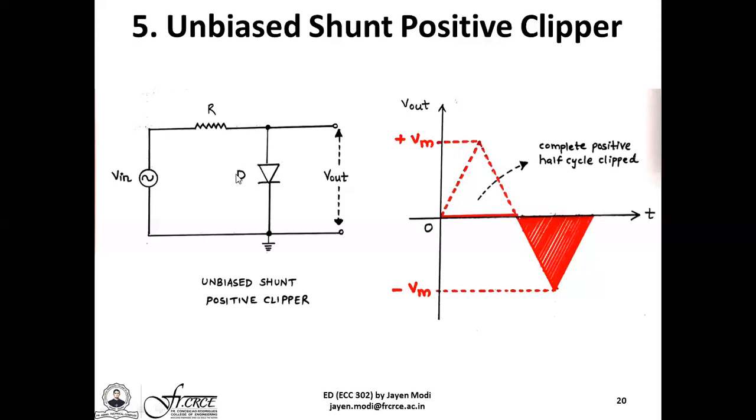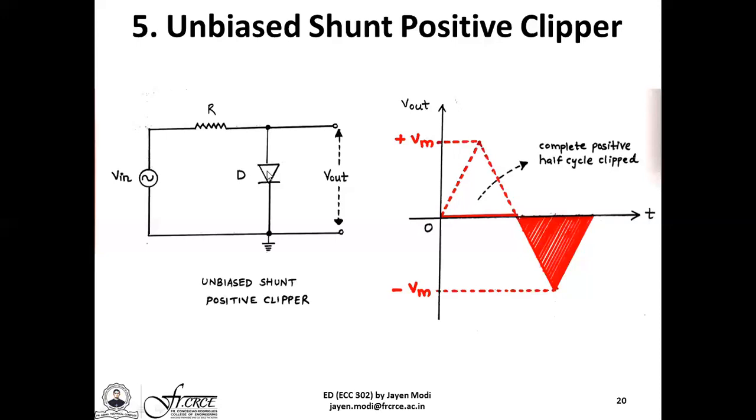When the diode D behaves like an open circuit, whatever voltage is present at the input signal terminals can directly be obtained at the output signal terminals. That is why the entire AC input signal from the input terminals is directly obtained at the output terminals without any hitch. This is because the diode is behaving like an open circuit.